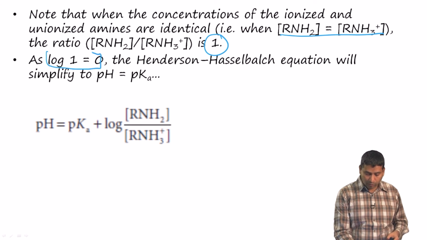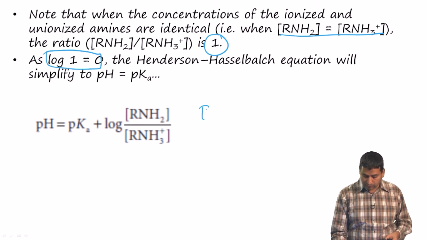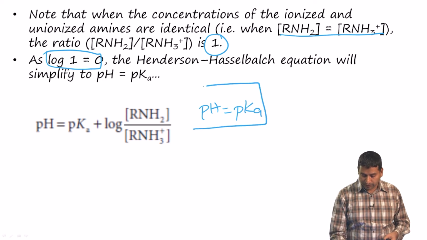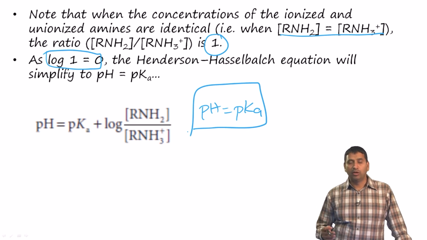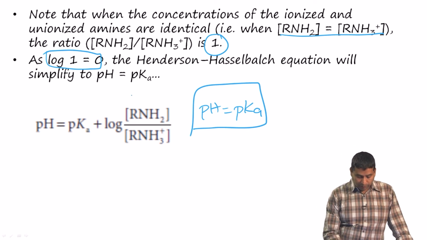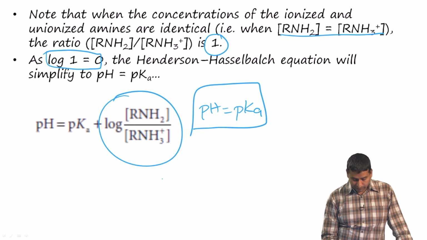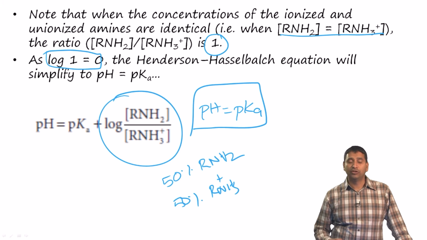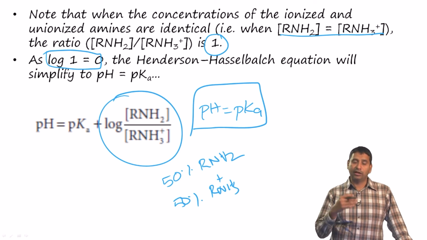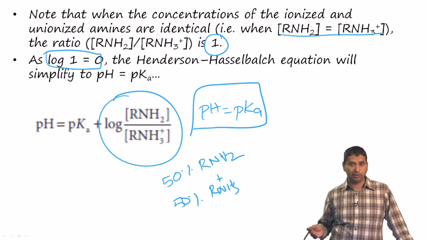And since we know that log 1 is 0, this term becomes pH equals pKa. So, at a pH which is equal to the pKa, you will find 50% RNH2 and 50% RNH3 plus. So, this is very useful to know, because when a drug is traveling through various compartments, it